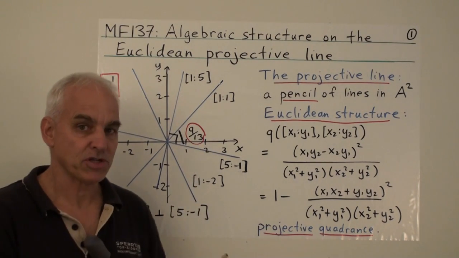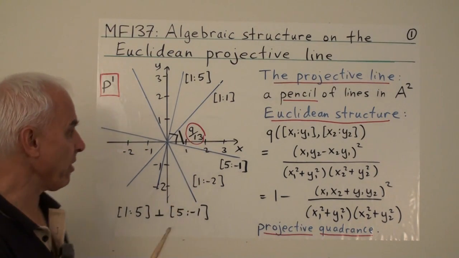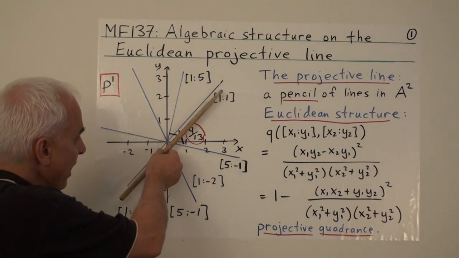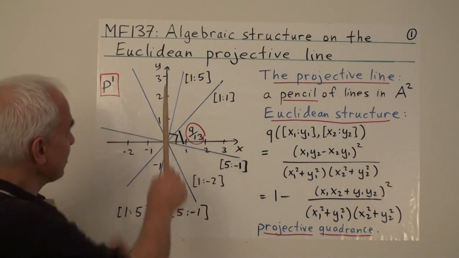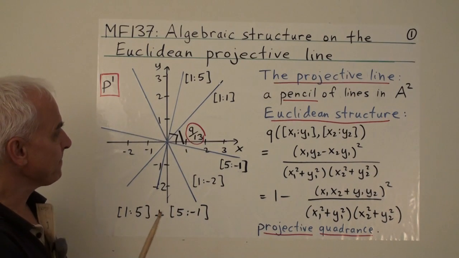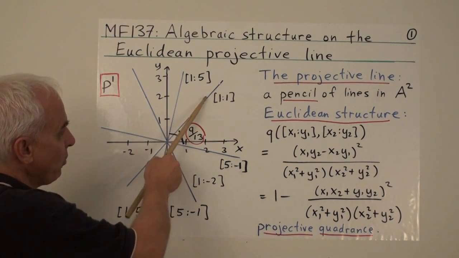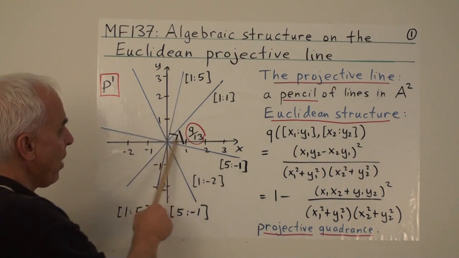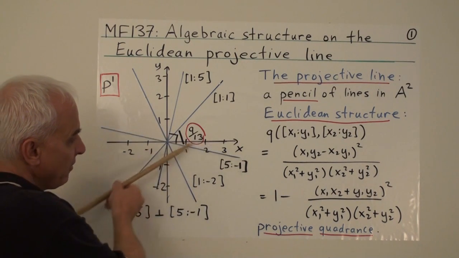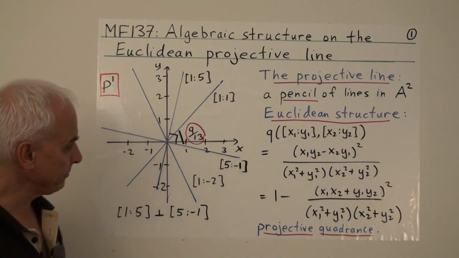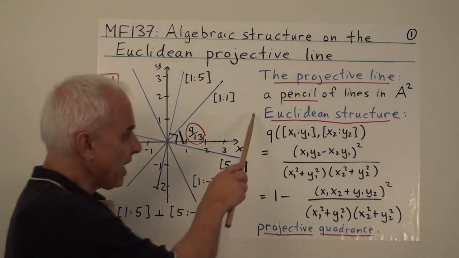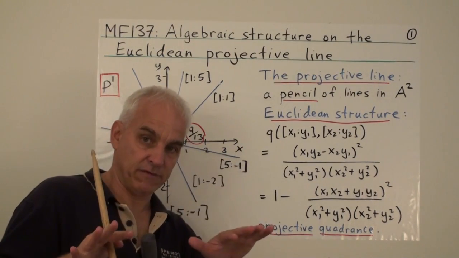All right, so the setup is that we're working with the projective line, which are just objects like this, proportions x to y, closed in square brackets. And we're visualizing them in the usual xy affine plane. This is the line through the point 1, 1. This is the line through the point 1, 5. This is the line through the point 5, minus 1, and so on. And we've introduced a Euclidean structure on this projective line